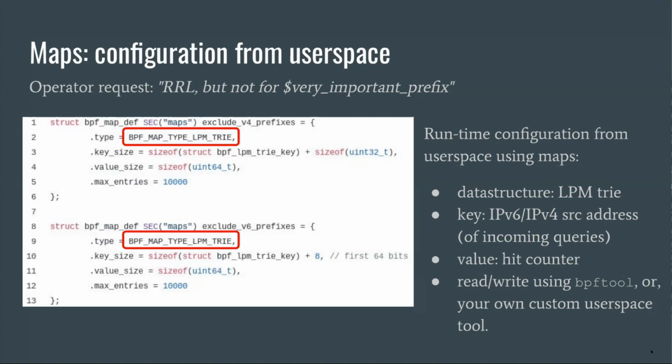We do need to keep a value in this map as well. And so for this, we just count the hits. So how often is an excluded prefix actually hit? How many incoming queries do we see for those